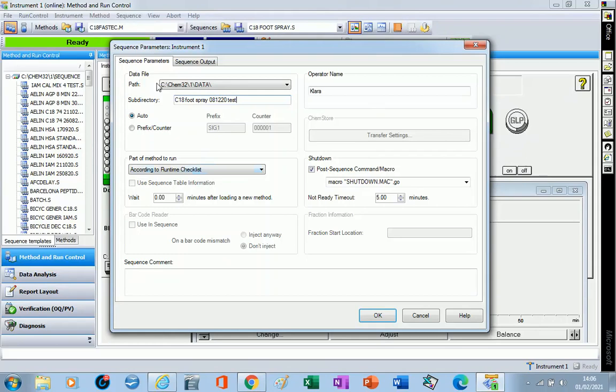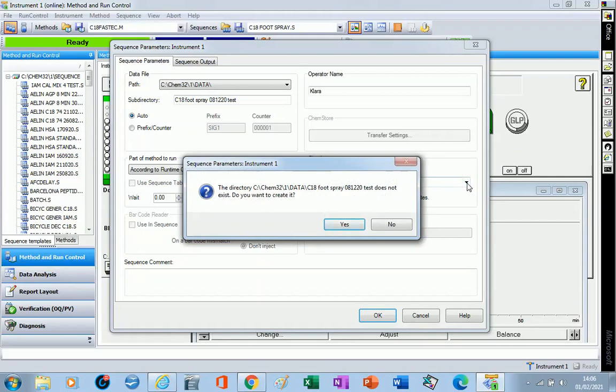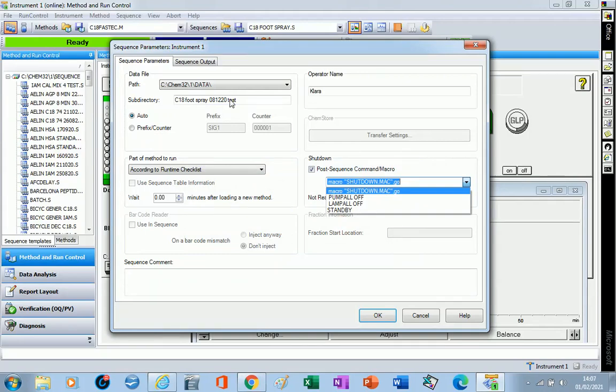Now in this window, this is the sequence and the first line of the sequence table. The most important thing is to put in the post-sequence command macro, which means you can see macro shutdown. Here are several built-in macros. I have to check, because I put this test analysis, pump off, lamp all off, or standby. So when it finishes the analysis, it will stop the instrument, stop the pump, stop the recording, switch off